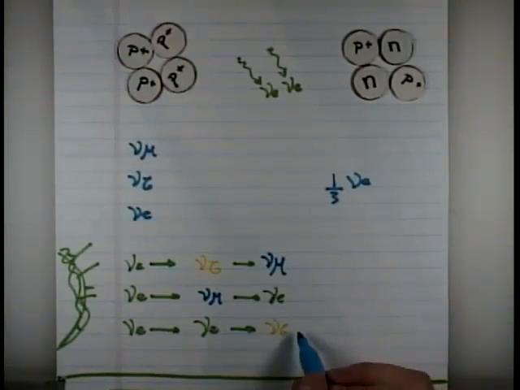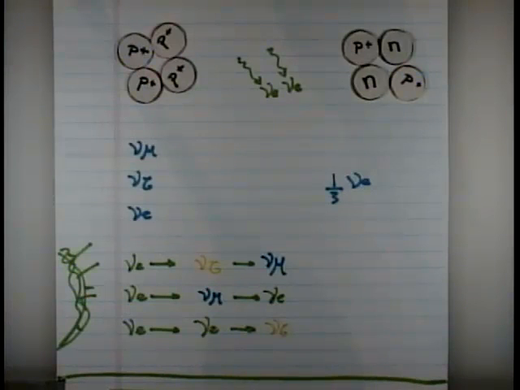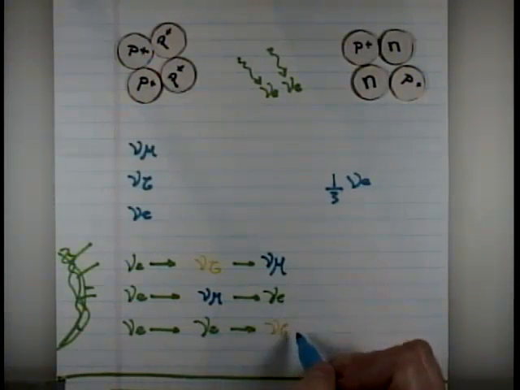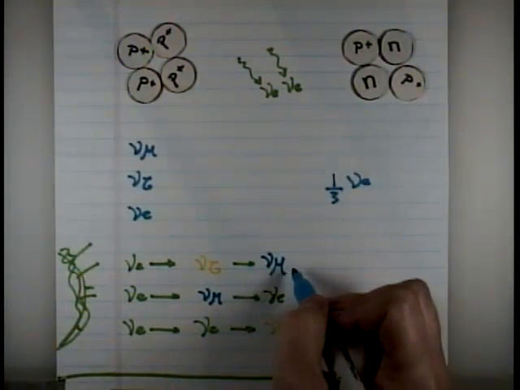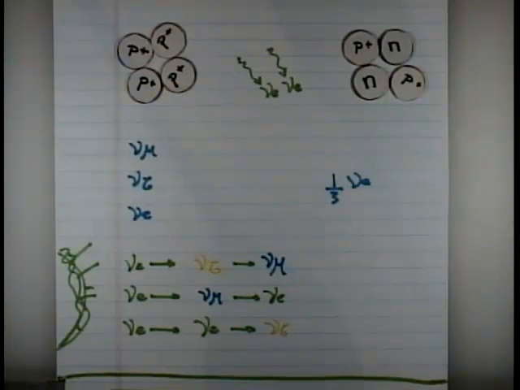In other words, this starts happening very soon after they are created. They start interfering with one another. They start playing ball with one another. By the time they reach Earth, there is only a third of electron neutrinos, because the other third is tau neutrinos and the other third is mu neutrinos. So they are all there. We find them, but they have changed masses. They have changed energy slightly.